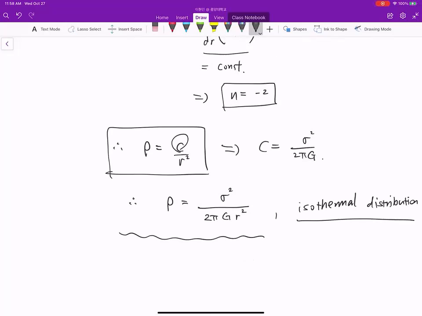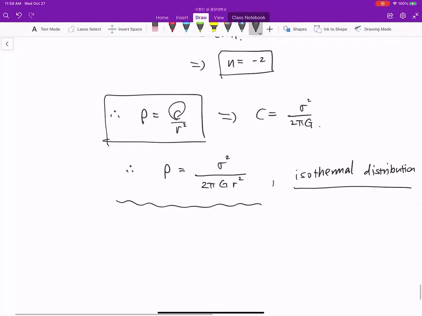So in the case of a system with many particles, we are ignoring the interactions between the particles, or they are weakly interacting. It's like an ideal gas system. So we are ignoring collisions between particles. If you have collisions between particles, the story changes. So the distribution will differ from this isothermal distribution. And if you have a core, as I said, the isothermal profile I discussed is not exactly the same form as this one.